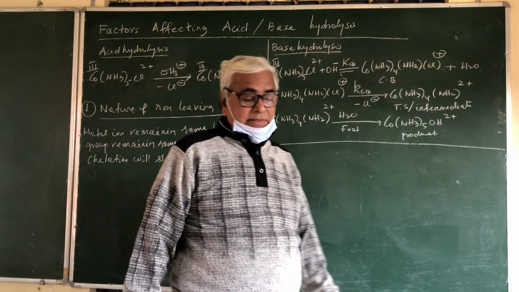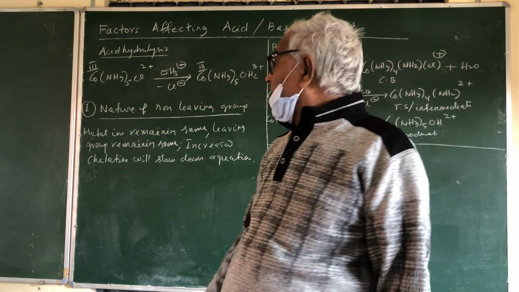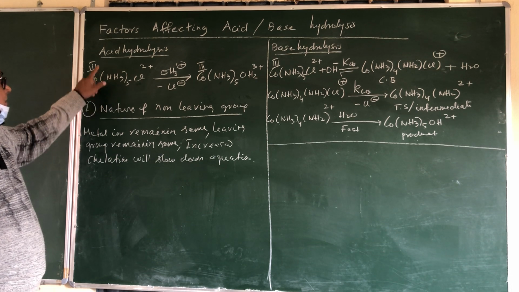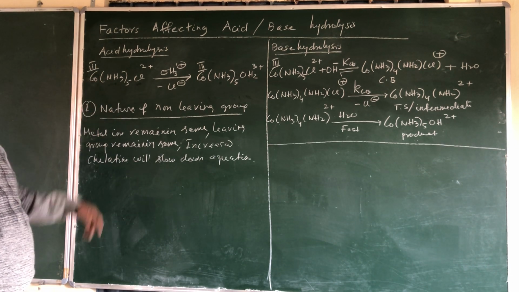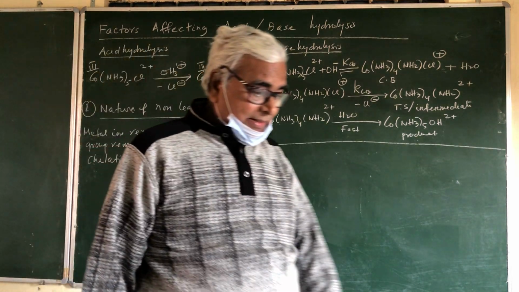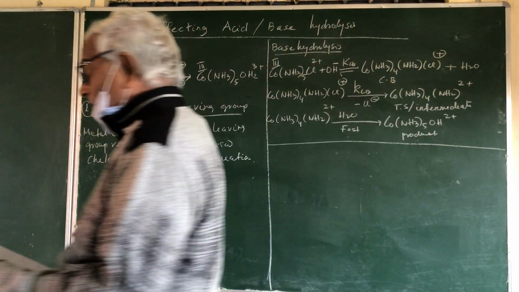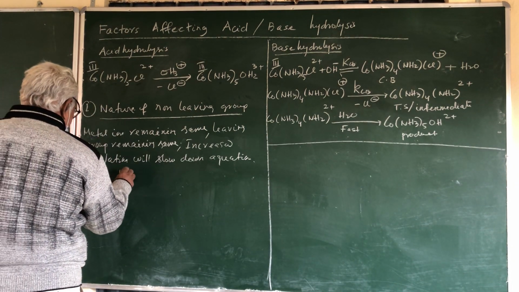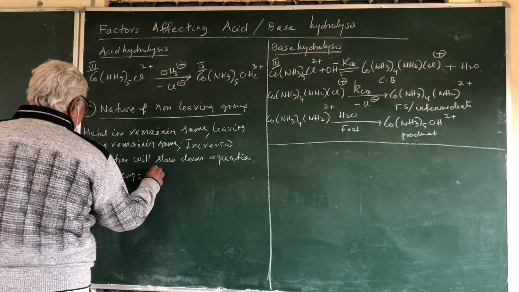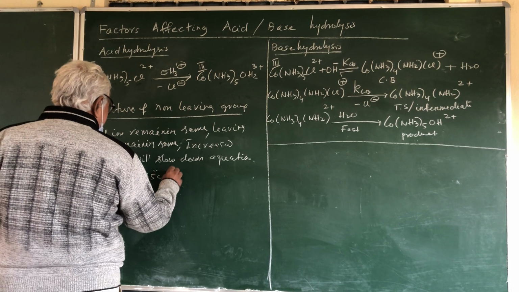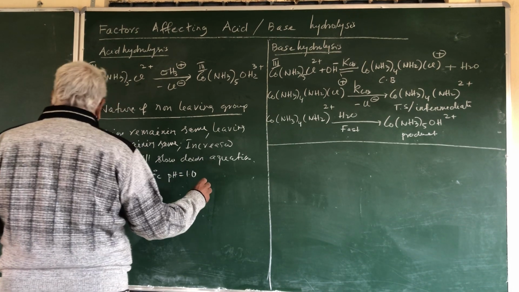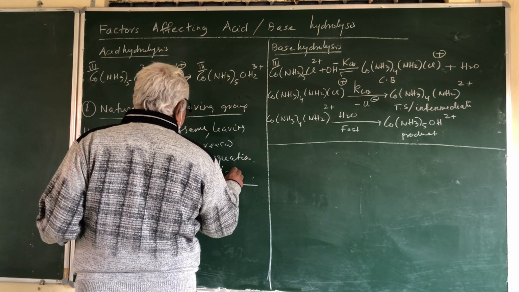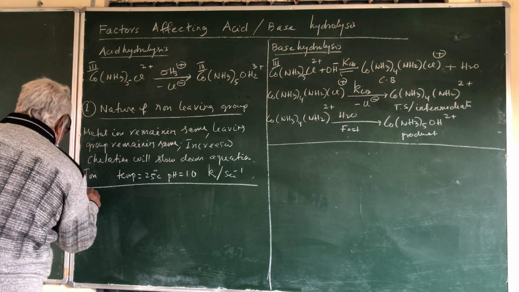That means if we increase the size of the non-leaving group, leaving group remaining same, metal ion remaining same, the aquation rate will decrease. Let us see the table. Look at this table. Temperature 25 degrees Celsius, pH 1, rate constants K expressed in second inverse. First complex is